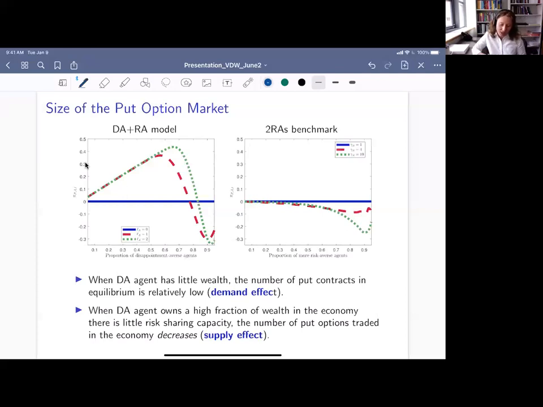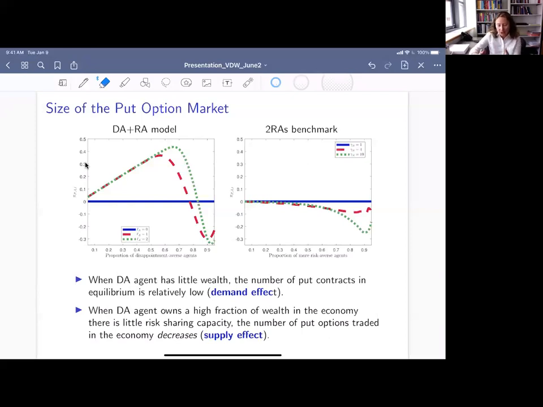I will do that. So let me just briefly mention why we get the selling result. What happens here is that if there are not enough risk averse agents, this flat part, the fully insured part of the wealth profile for the disappointment averse agent shrinks, and the profile becomes very similar to that of a more risk averse agent in our benchmark economy.